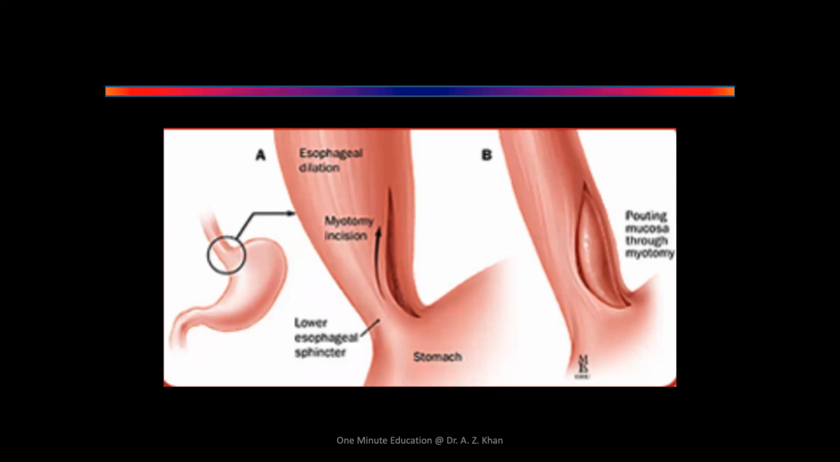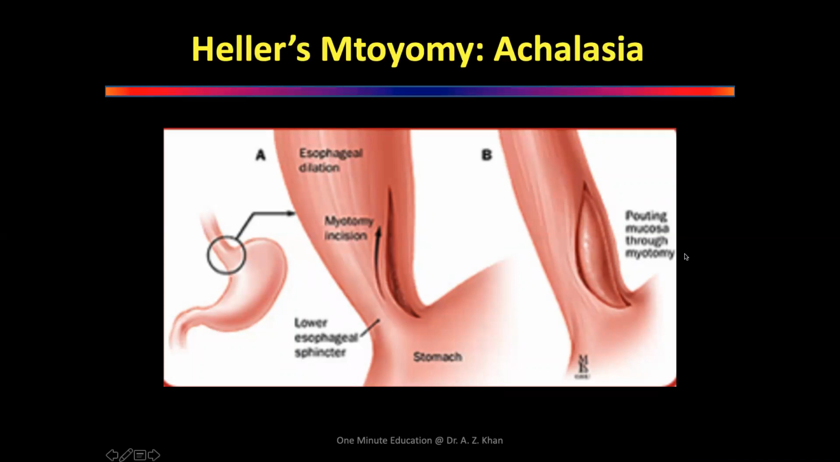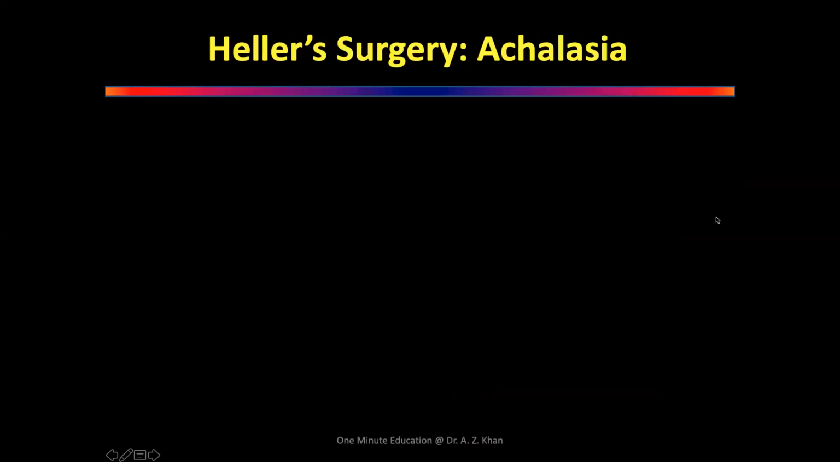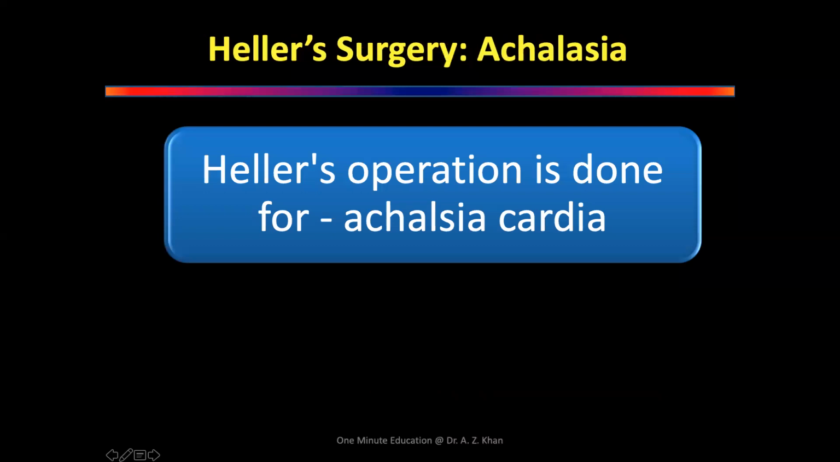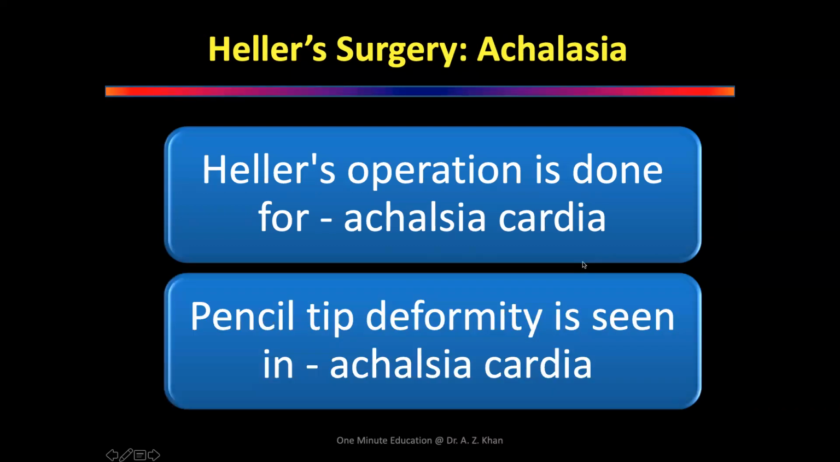Yes, sir. Okay, this is Heller's myotomy. Okay, I'm sorry, the spelling has got reversed. It's Heller's myotomy, usually done in achalasia. Okay, so Heller's operation is an operation done for achalasia cardia. There may be a radiological deformity, which is called pencil tip deformity, which is seen in achalasia cardia. Okay,